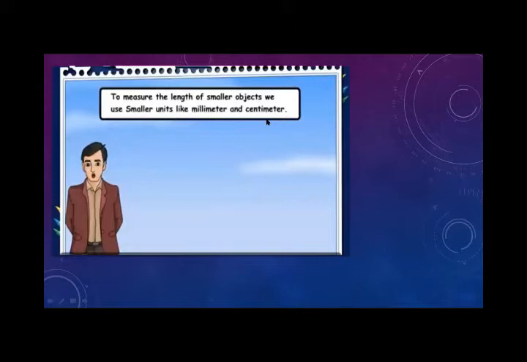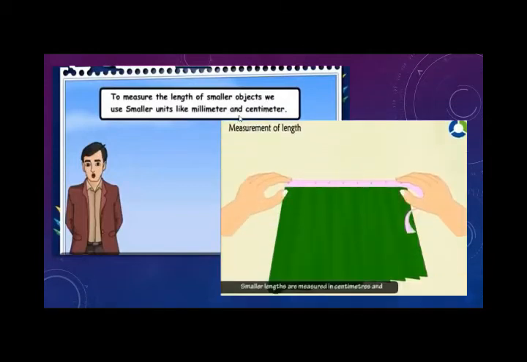In earlier periods, people didn't have these type of units, these type of unique instruments to measure lengths. That's why they use span of hands, arm length and stride. But now in modern era, we have more technologies than that time. So here, to measure the length of smaller objects, we use smaller units like millimeter and centimeter. Here you see this is a piece of a cloth, and this is small in size, so easily measured